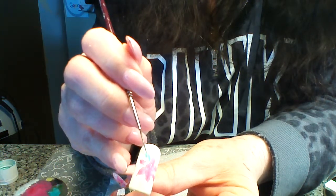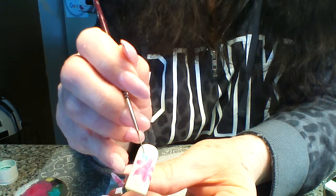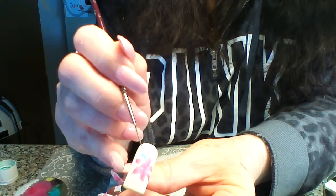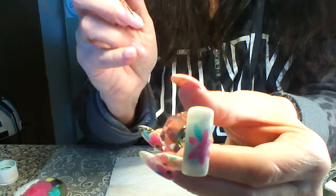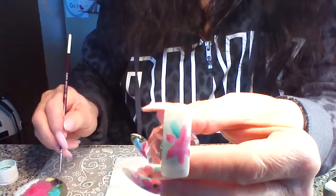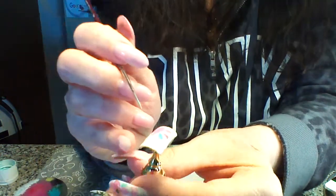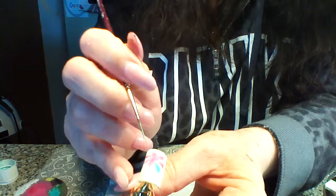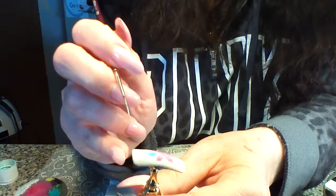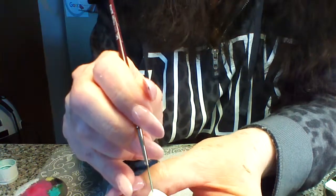So I don't want to overdo it with water because I don't want it bleeding all over the place. So you have to kind of watch that. But like I said, it does not have to be perfect. And in fact, it's kind of hard to get it that way with watercolors anyway. So I'm going to put my other leaf. Where do I want to put my other leaf? I think I'm going to put my other leaf right,